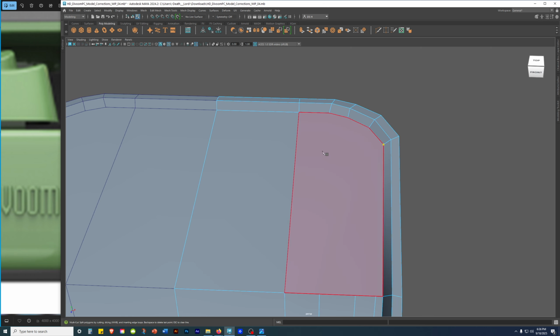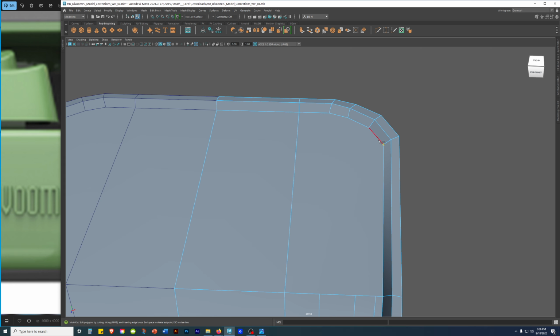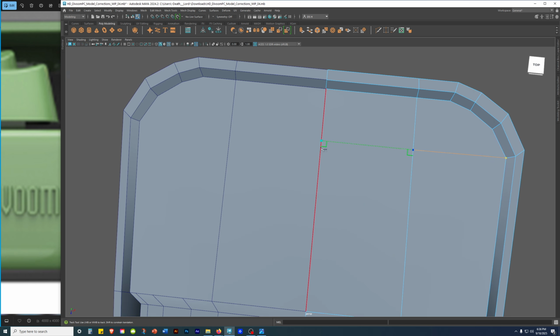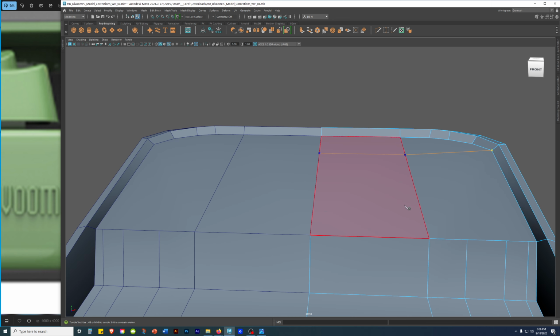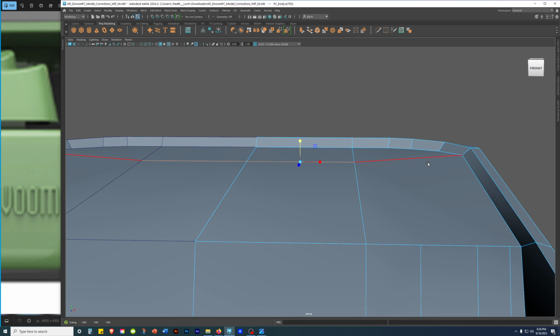multi-cut tool. Right, again, that's shift right click, multi-cut, click and snap. Hold control and shift, control and shift, and you touch this, you make a perfect straight line. Control and shift, and left click, press W, edge mode. Now this